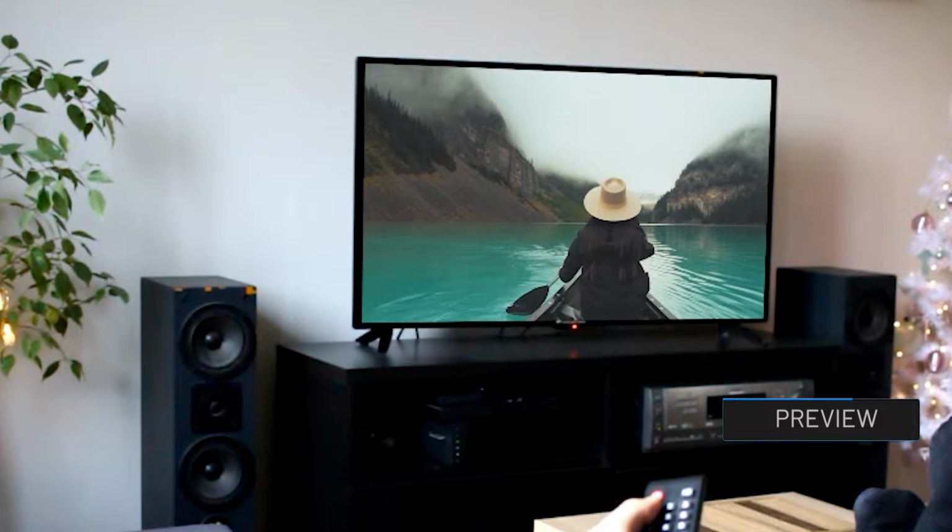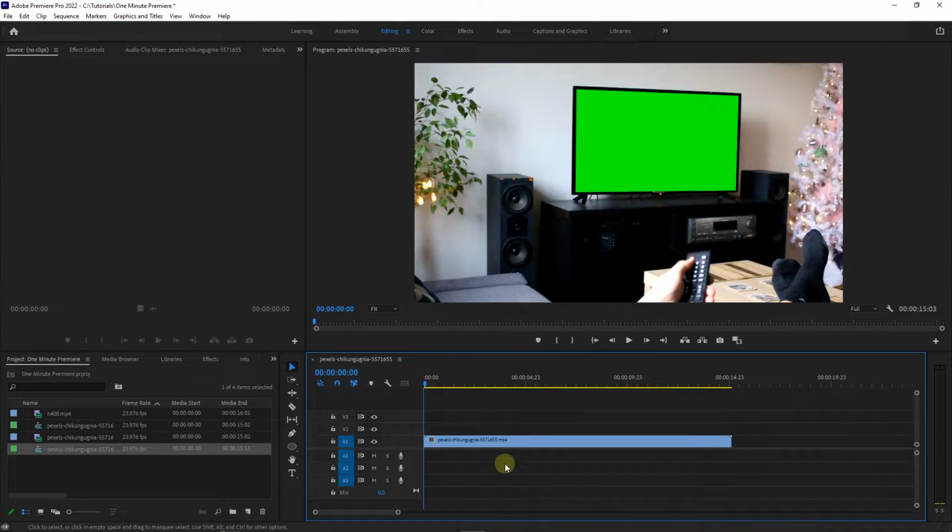How to replace TV screen. To begin, I added a video with a green screen to my timeline that I would like to replace green